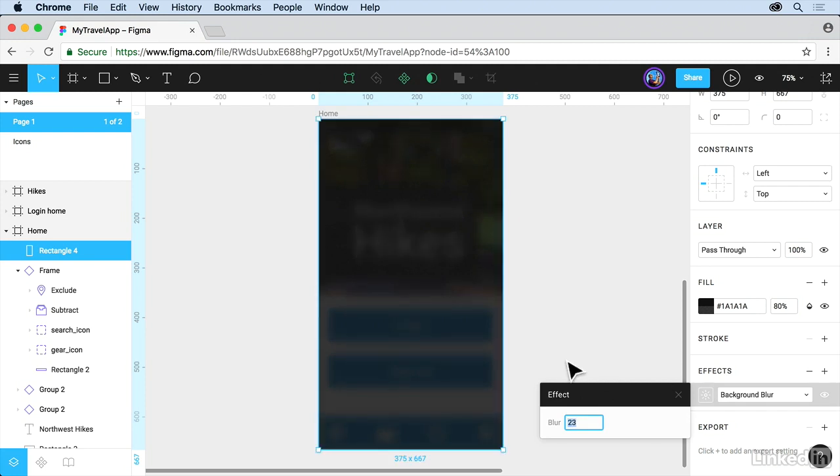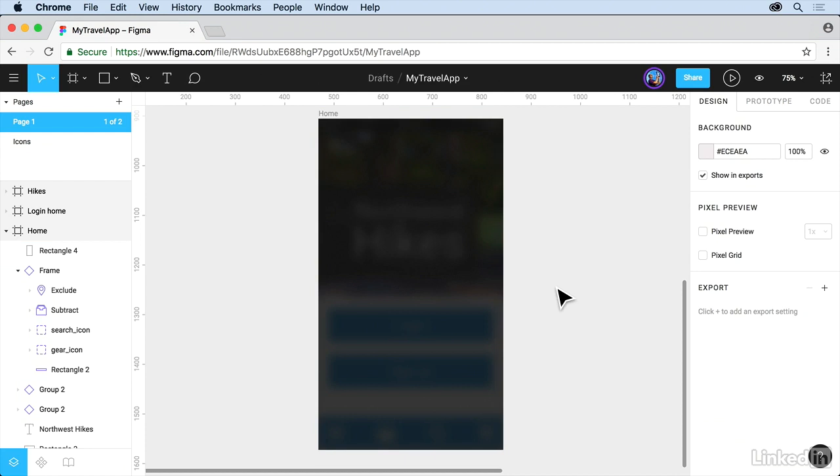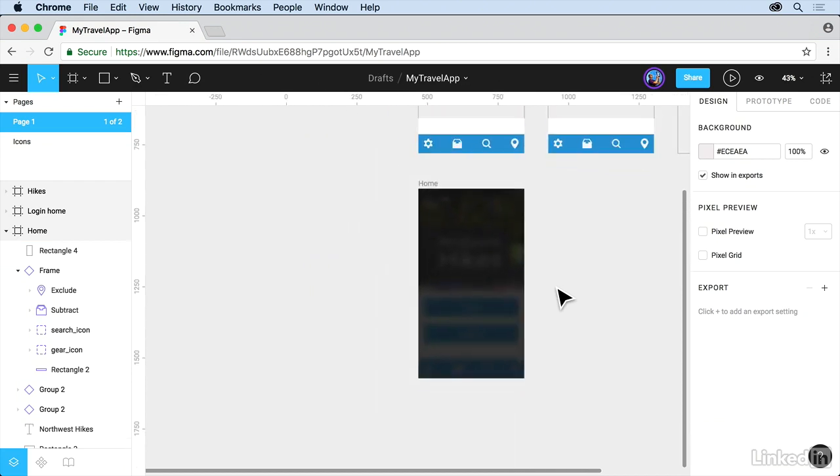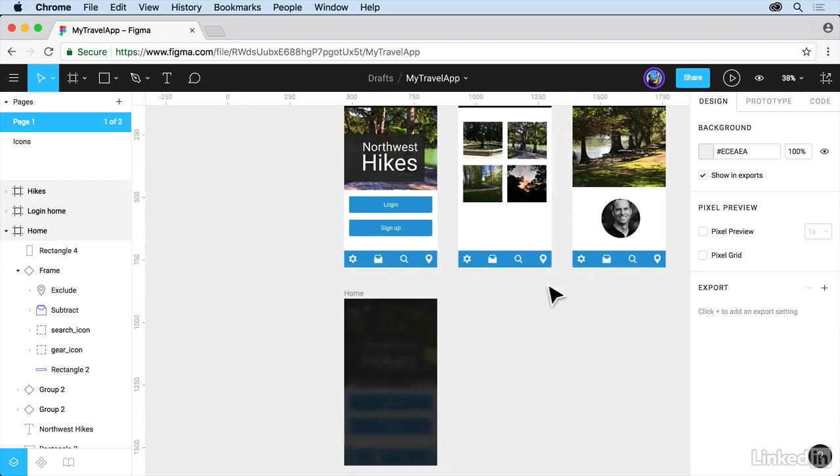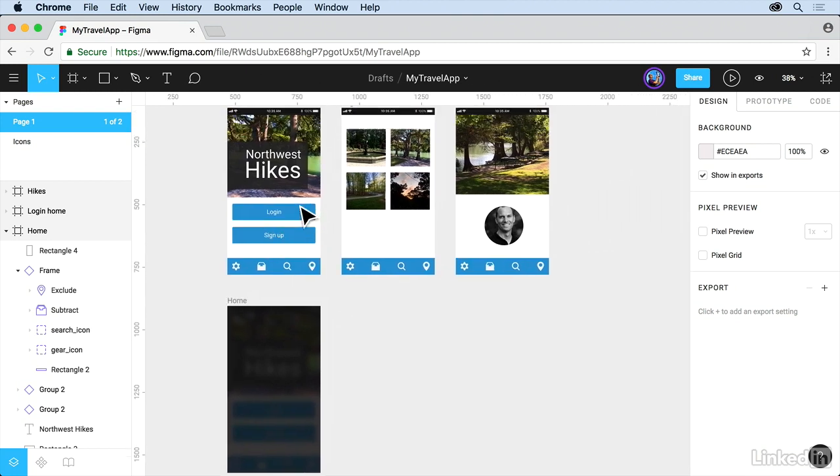And that way, we're just simply setting up an overlay. And if I zoom out a little bit, we can make it to where if somebody taps login, they come here and it's an instant transition. So anyway, that gives us an idea of some of the things that we can do as far as prototyping are concerned to be able to share and create things. Next, we're going to start to take a look at working with teams in Figma.